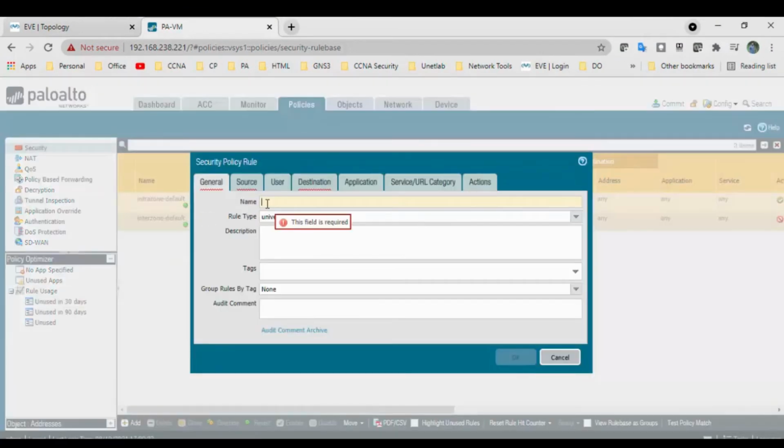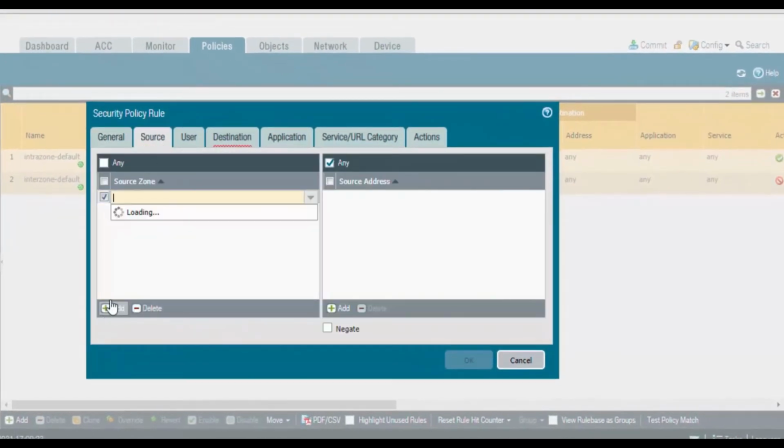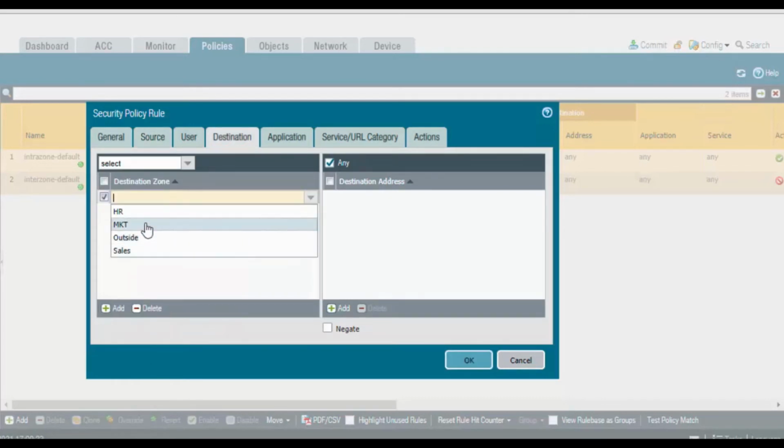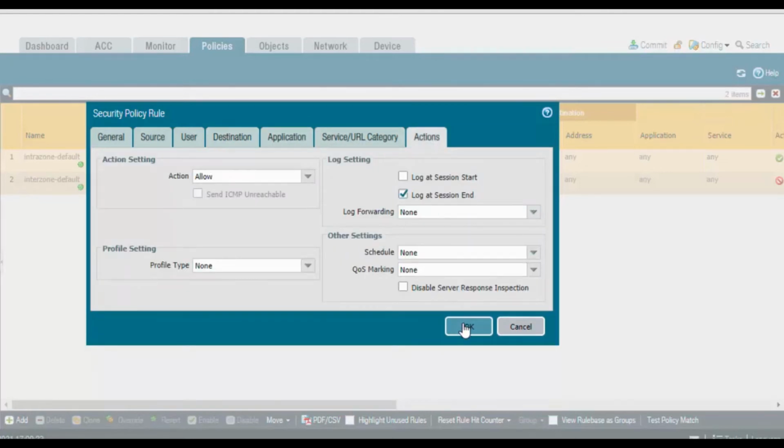Now go to the policies, click on add. We'll create one rule for all departments. Go to the source, select HR, marketing, and sales, and destination should be the outside interface, and any application, any services, action should be allowed,